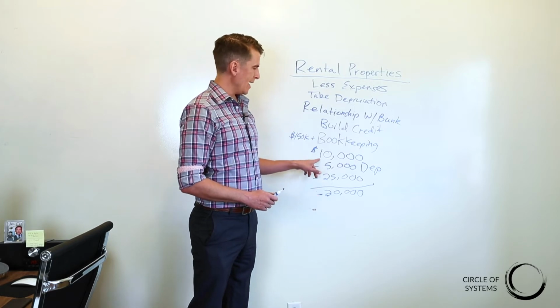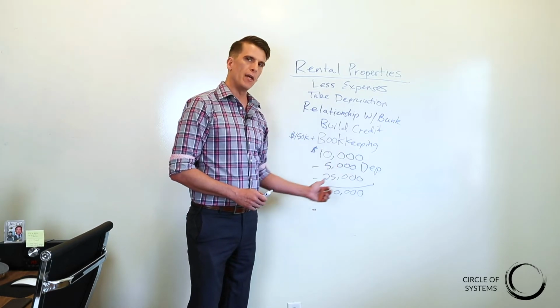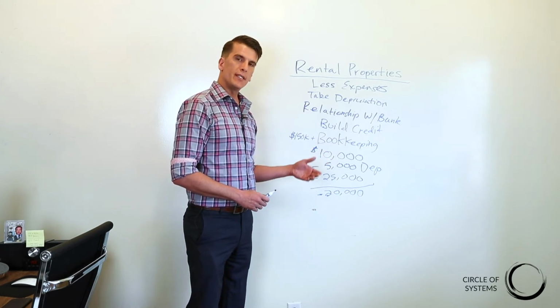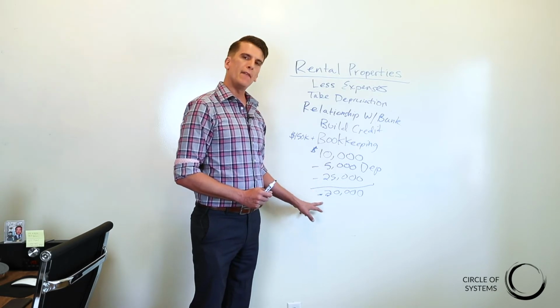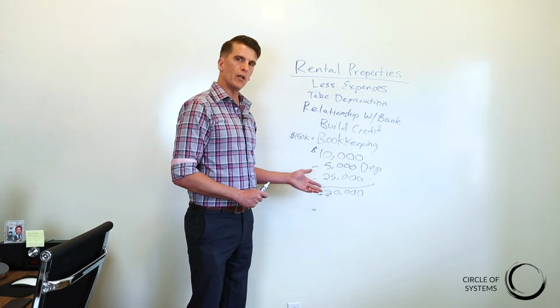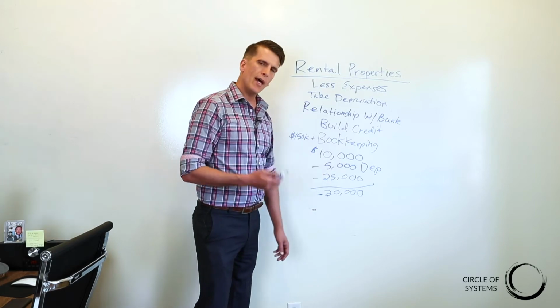You're not paying any tax on this $10,000. Plus you're actually saving money on other income that you had. So you got to take that into account. You made 10 grand, plus you made 10,000 in equity, plus you saved another $5,000 in taxes elsewhere. So you made $25,000 off of that property, not $10,000. So keep that in mind.